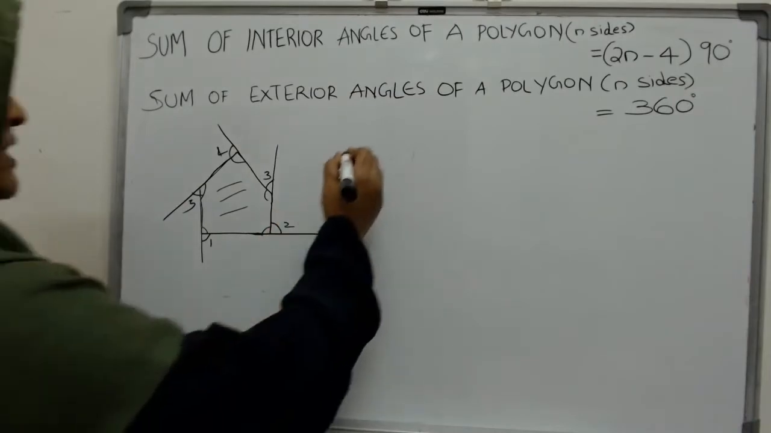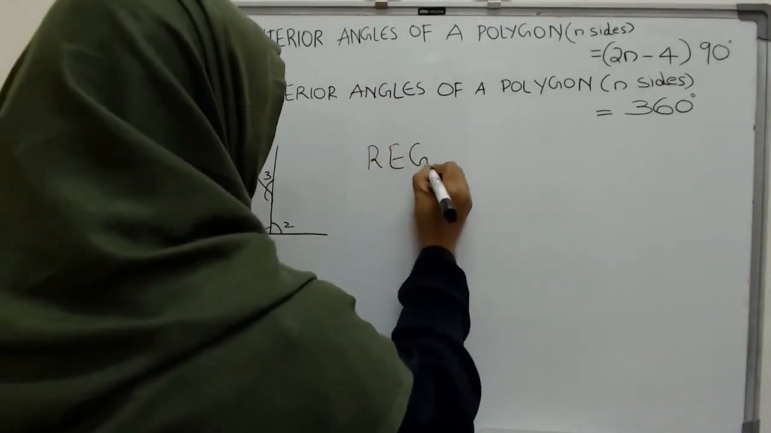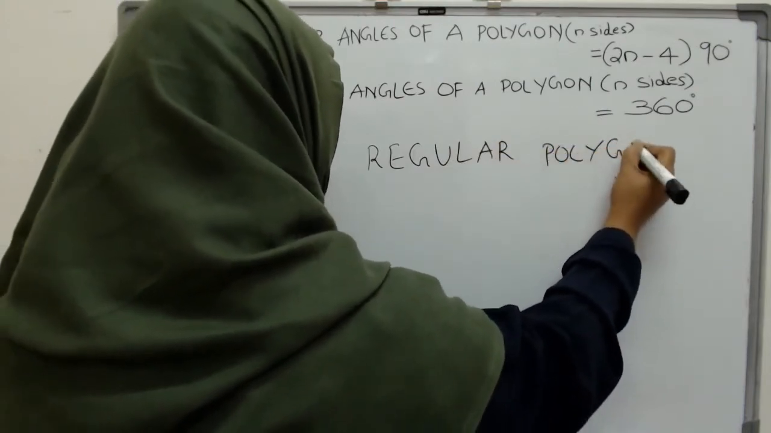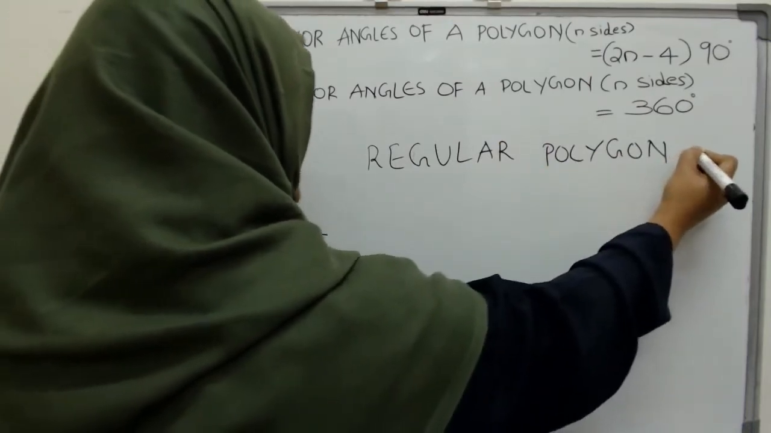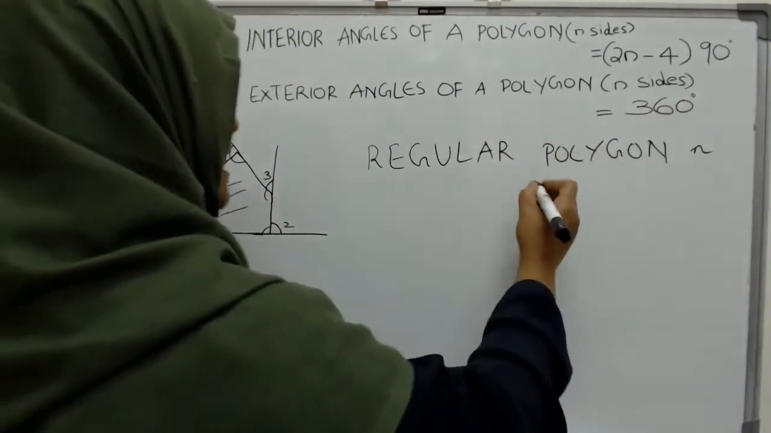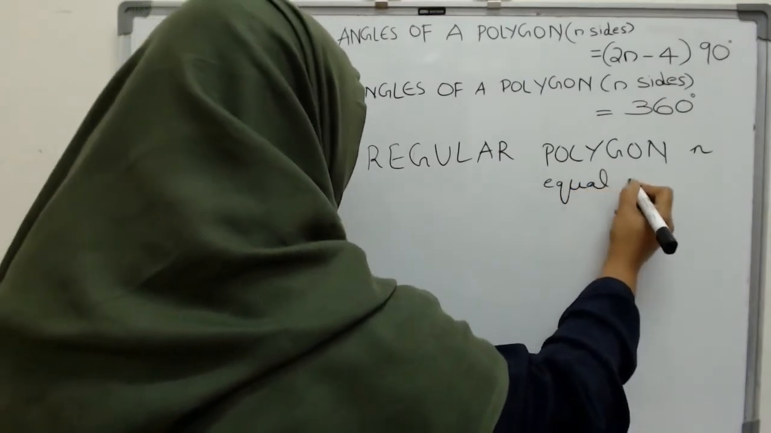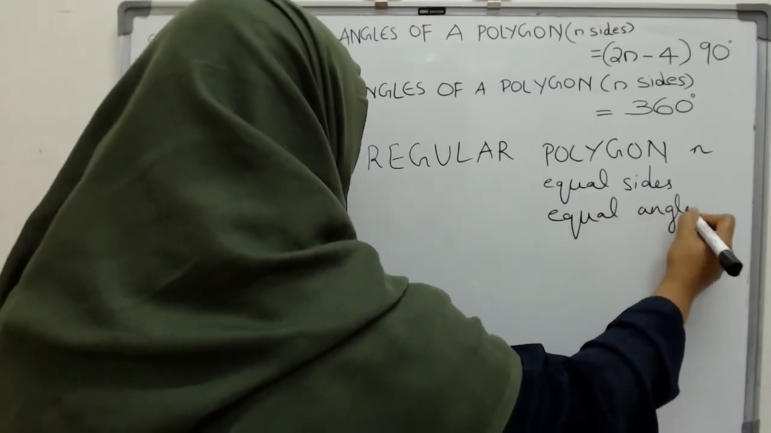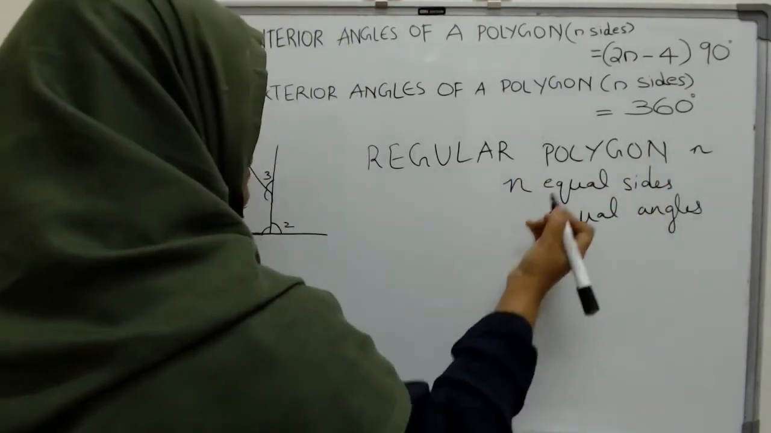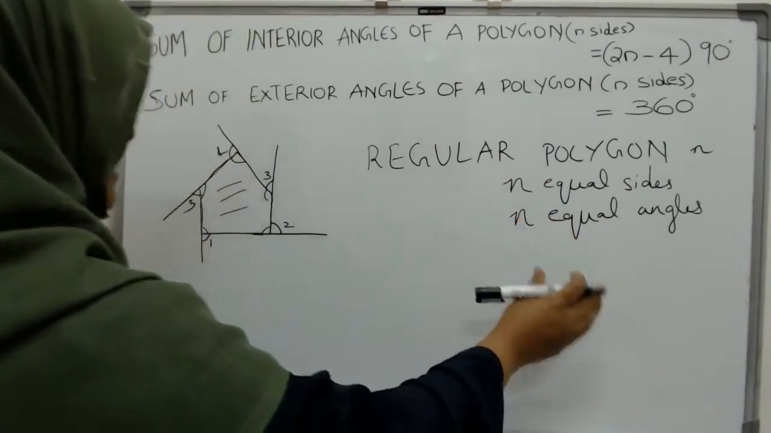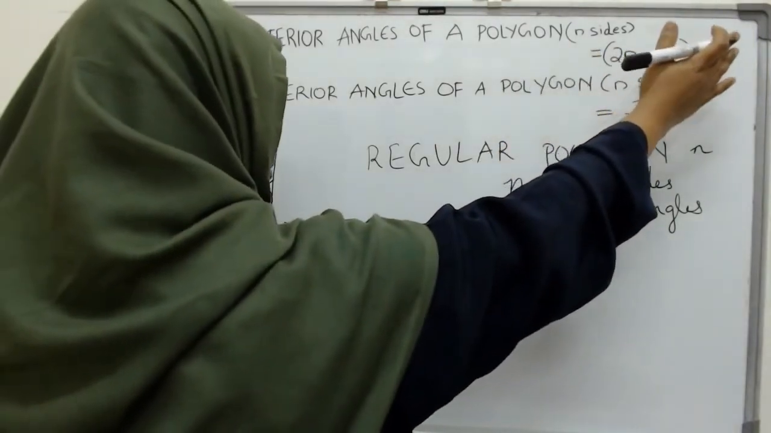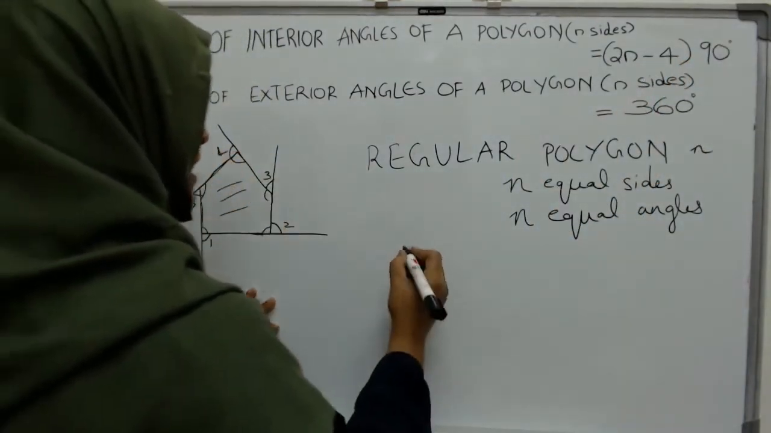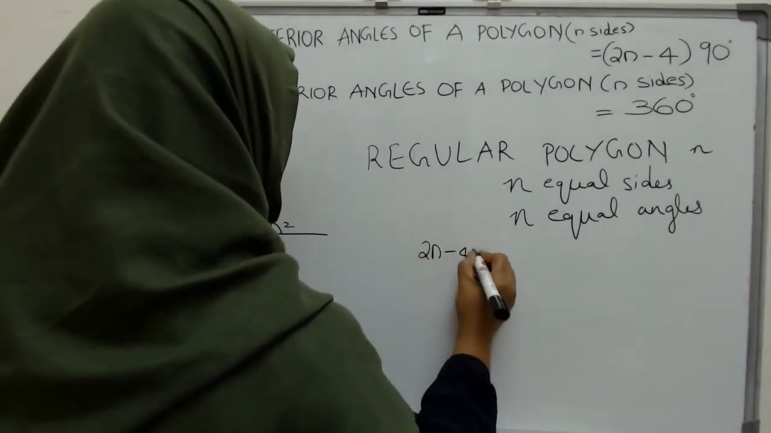Now this brings us to something called a regular polygon. What is a regular polygon? A polygon whose sides are all equal. So suppose it has n sides, all the sides are equal. If all the sides are equal, then all the angles are equal. So you see what's happening here? If it has n equal sides, it has n equal angles. So if (2n minus 4) into 90 is divided equally into n, what will each angle be? Each angle will be (2n minus 4) into 90